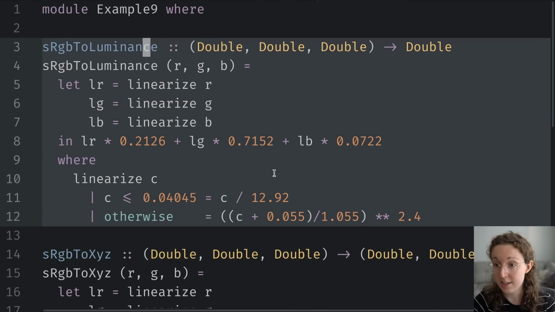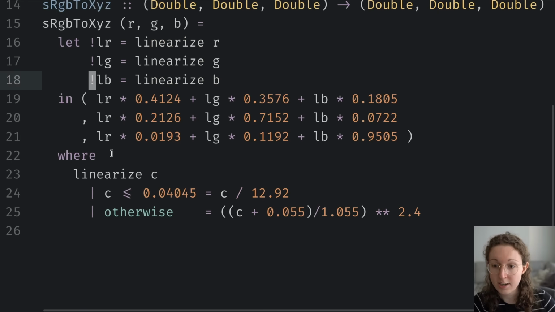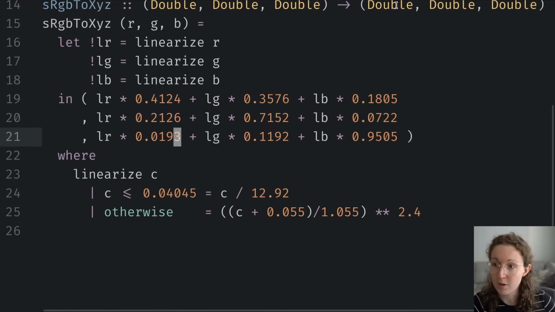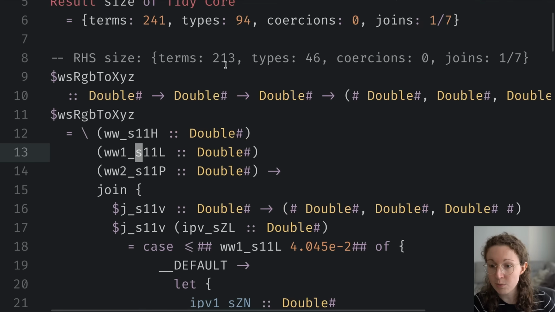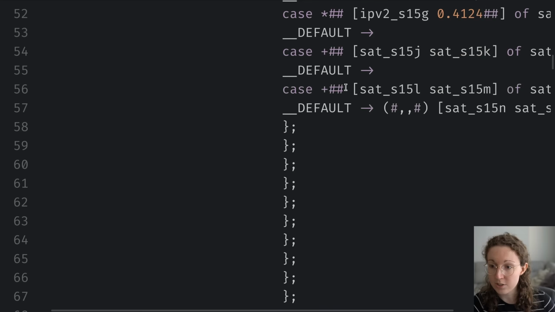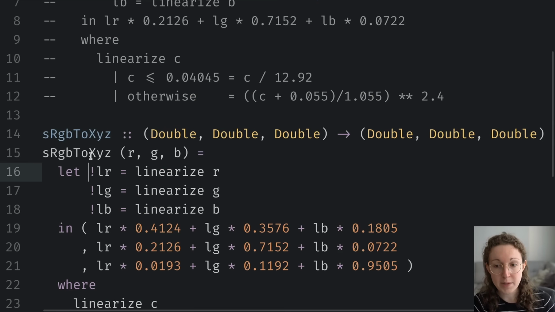So in order to illustrate that that is in fact the case, let me add some bangs to these three definitions here. And this is still technically not demanding these three expressions here, but it should be equivalent because these three expressions can never possibly bottom. So we would expect that, if these are demanded, then GHC will be perfectly happy to demand these as well. So let's test out that hypothesis and take a look at what we get. And indeed, we get very nice code gen where everything gets unboxed. We can go back over to the STG and see that we just get case. So indeed, in this case, adding some additional demands does allow us to get back to that good code gen,